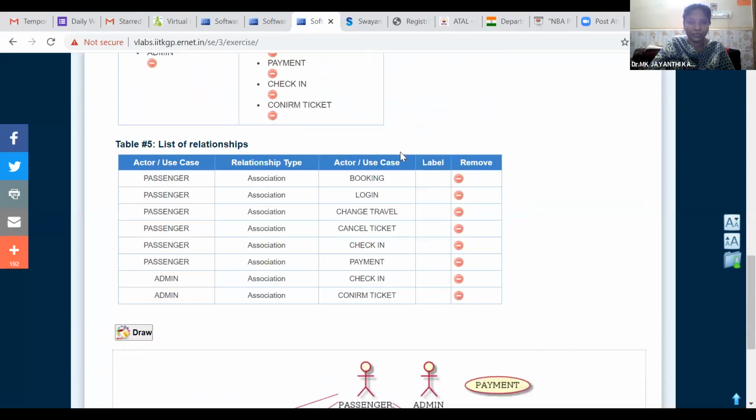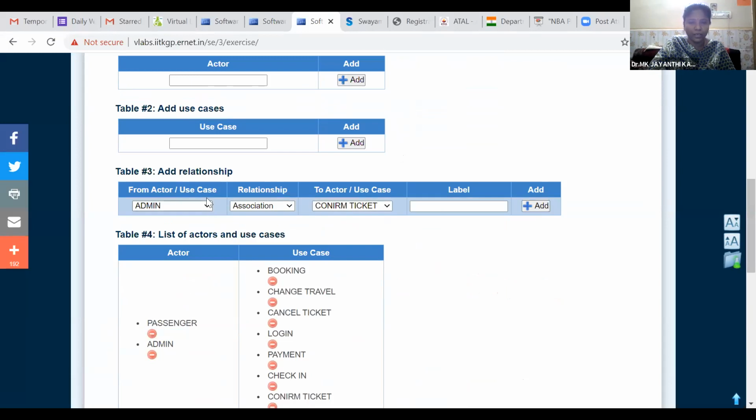The same way with the check-in process. We'll create one more function called reschedule the travel.